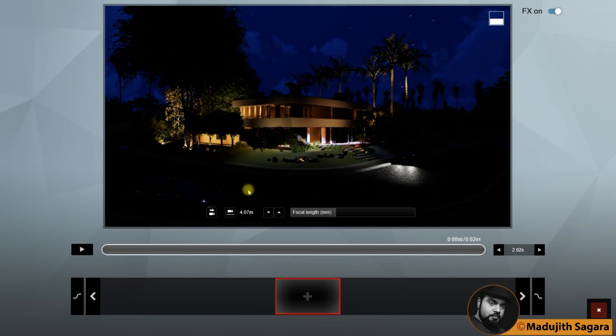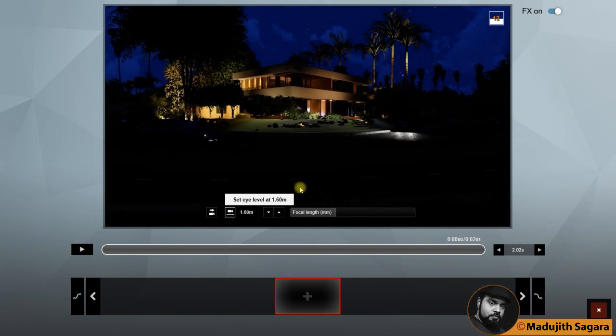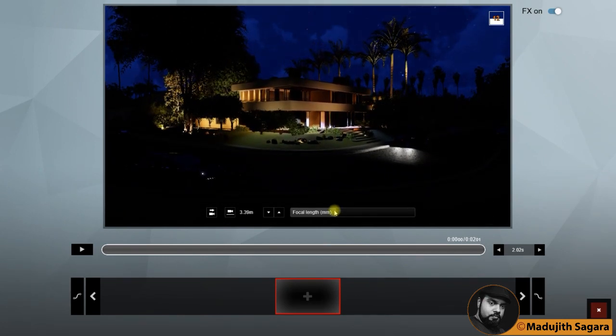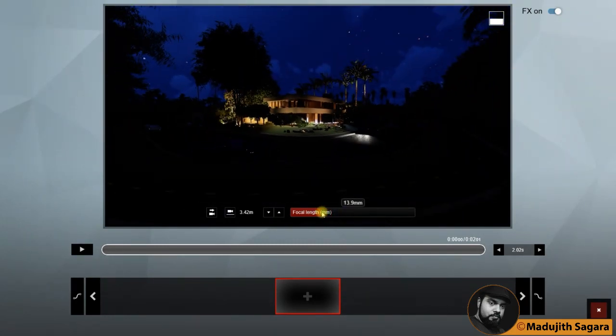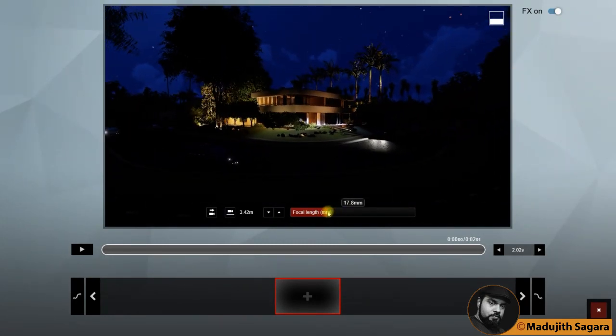No matter. To prepare a movie using this night scene, the things which are done for the image editing have to be done again. I can adjust the eye level and I can do so many things like I did before. And also if I need to change the focal length, it can be done here.